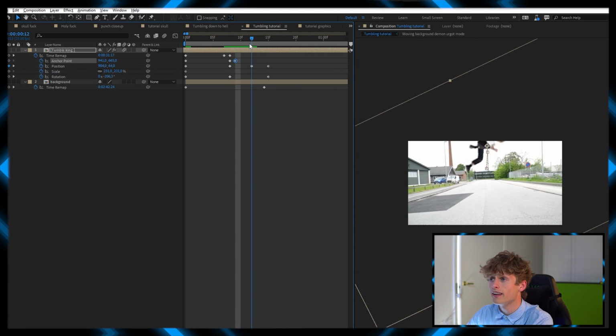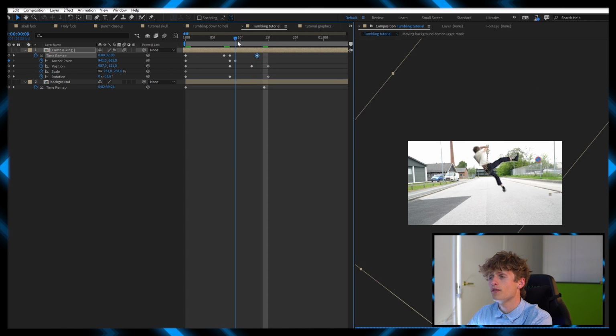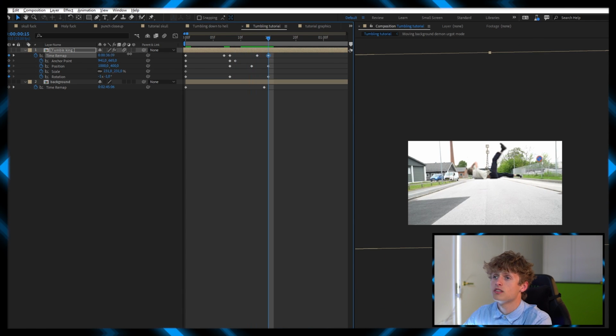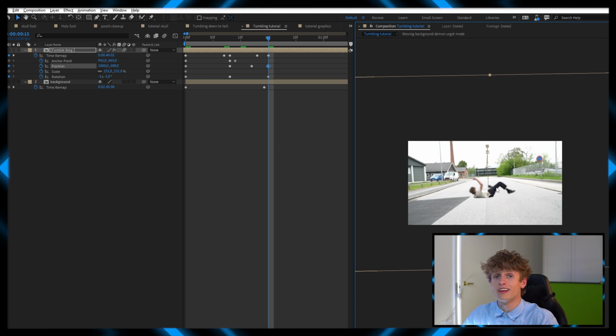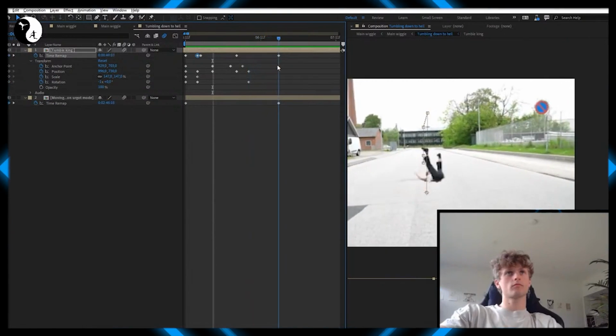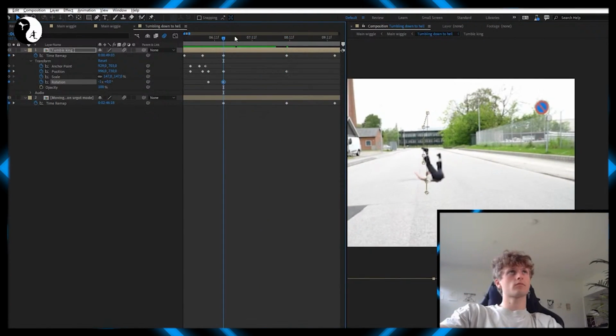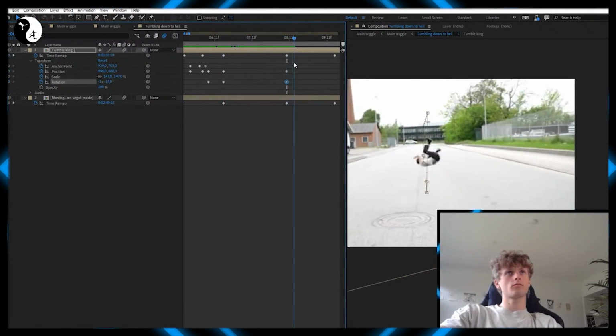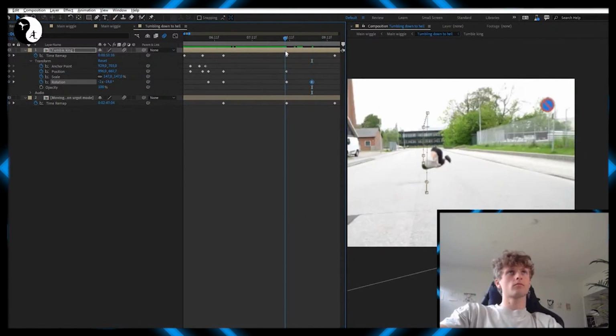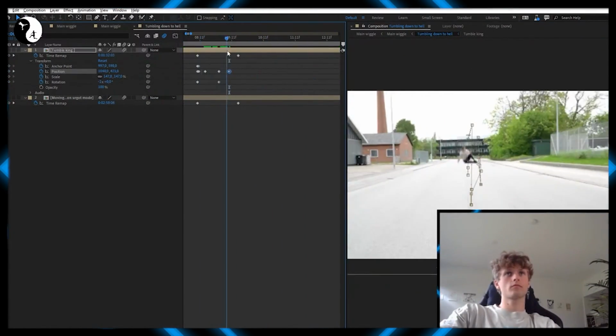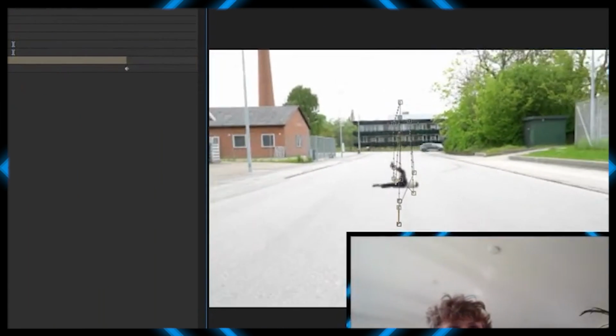And after some solid air time, I will position myself on the ground again and speed up the time remapping again until I see another roll. And for the next roll, I will aim for it to happen during the slow motion event. Of course, I will slow down the time remapping during this event and speed it up back again when the slow motion stops. Keep working on this idea until you reach the end of the clip, stop the time remapping,